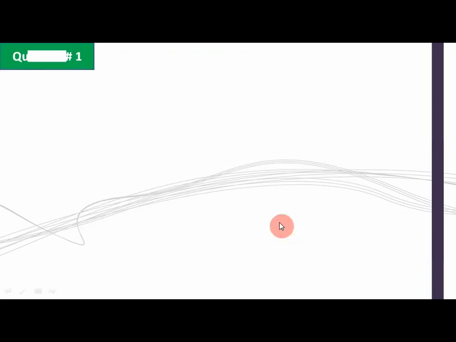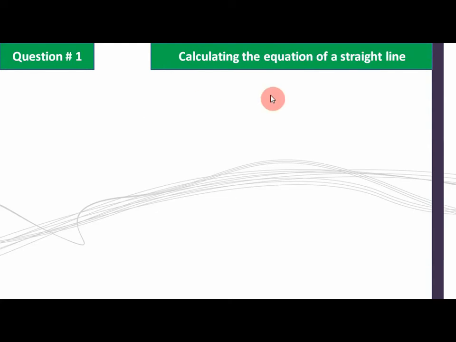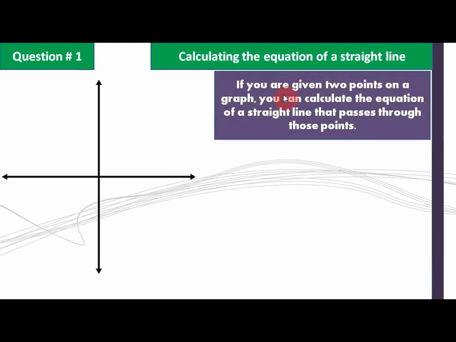Now moving on, question number 1 is a classwork question. The question is to calculate the equation of a straight line using these two given points. The given points are A equals (2, 6) and B equals (5, 8). I have said many times that every 2 points make a straight line. The first point is (2, 6), and the second point is (5, 8).